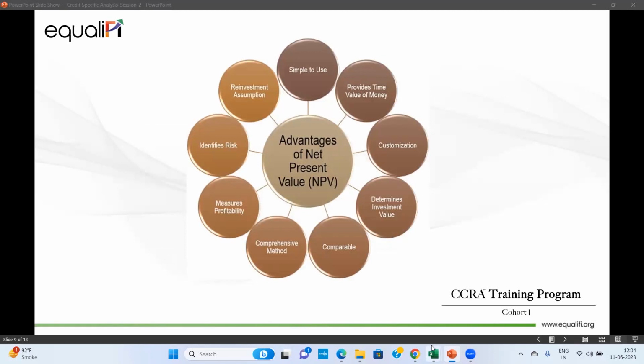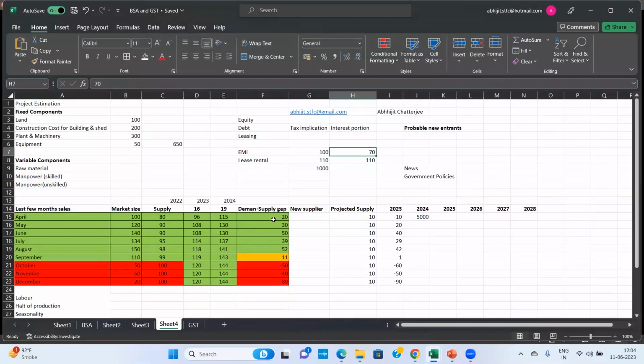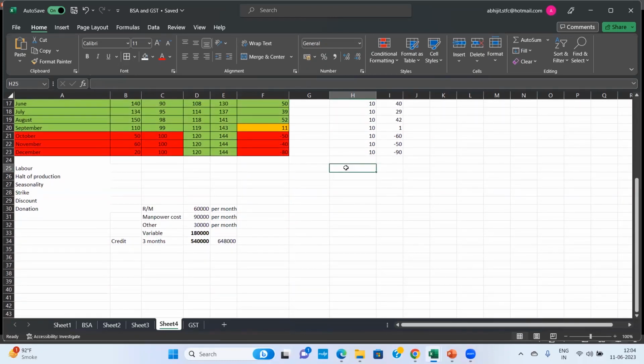So now there could be another assumption, where I have estimated that my cash flow would be say 70,000, 80,000, 95,000 and 1 lakh for the next 4 years. Year 1, 2, 3, 4. But out of which, whatever profit I am getting, that can be reinvested in the project. So there is a scope of doing that also in NPV.